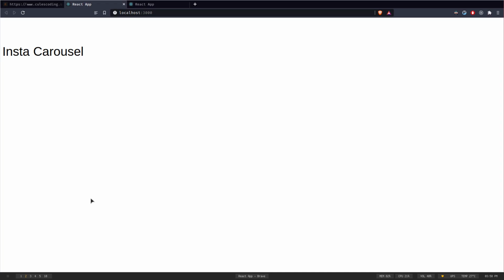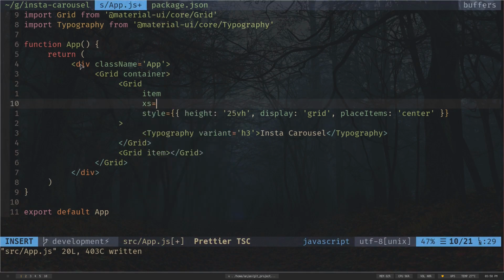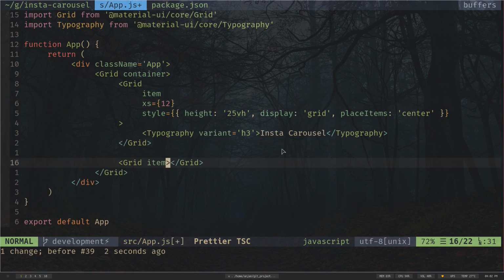This is not horizontally centered. Okay, so I need to give an xs prop and the value will be 12. That means I want this component to take the whole width of the screen. Okay, so now it's center. And for the second item,